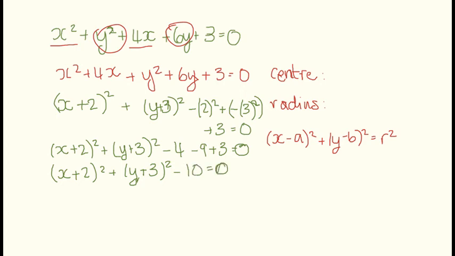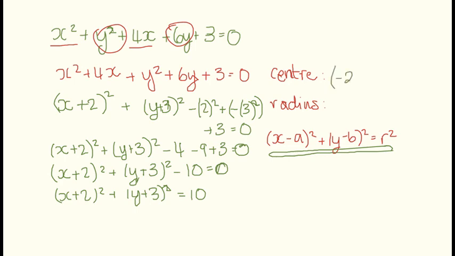And so I should be able to move that 10 over to the other side, and I've got this form that I was expecting to get here. So (x plus 2) all squared plus (y plus 3) all squared equals 10. And so my centre is (minus 2, minus 3), and my radius is the square root of